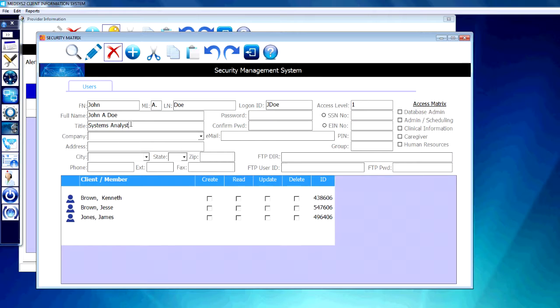To access the company information, I'll just hit the drop down, but let's go ahead and just set up a password. So the password field can be pretty much any length, but typically we would recommend 5 characters or more. In this case, we'll just set it up as we'll confirm the password, and then I'm going to set this person up as an admin, clinical information access, and